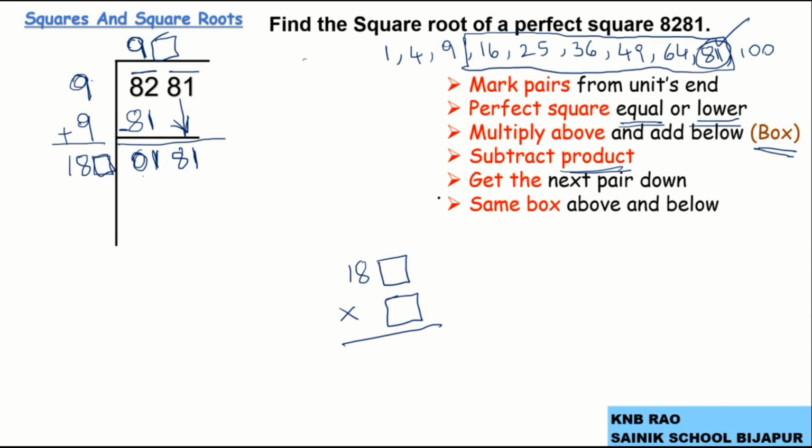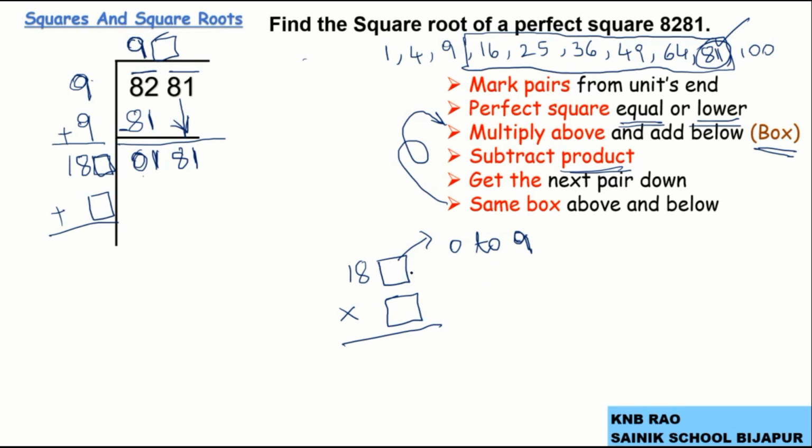Now from here we will have a repetition of this step, the third step. So repetition of the third step is: multiply above, that is this box multiplies this number, add below, here I have to add. So what is that such a digit? Remember, a digit can be any one numeral from 0 to 9. So these are the 10 possible